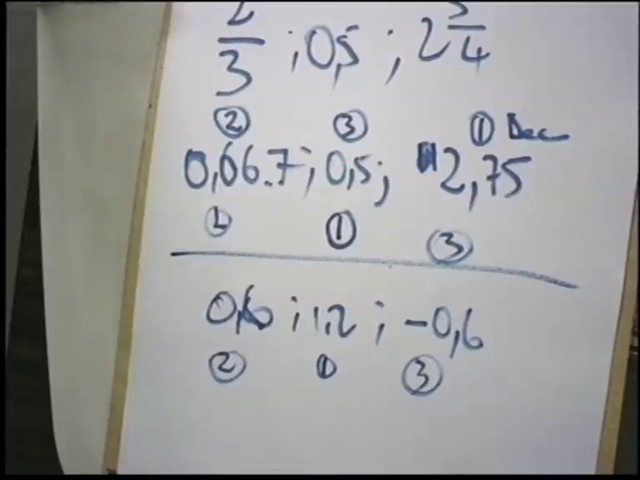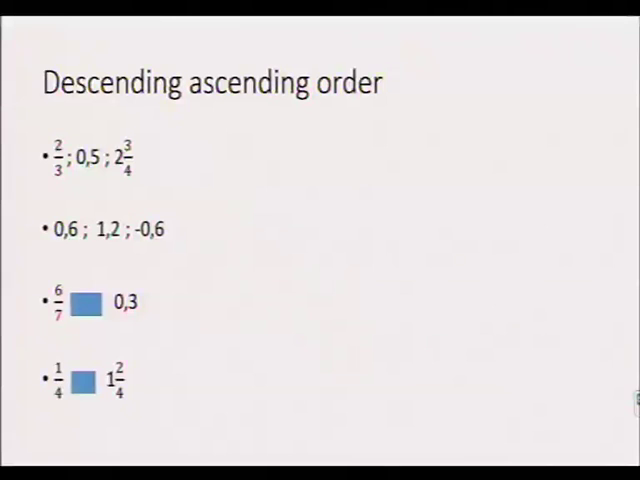There is a similar thing when you have, for example, 6 over 7, and you have to put a symbol, whether it's bigger or smaller than 0,2. So what you do here is first convert them all to decimals, and then you can see whether you can put a bigger, smaller or